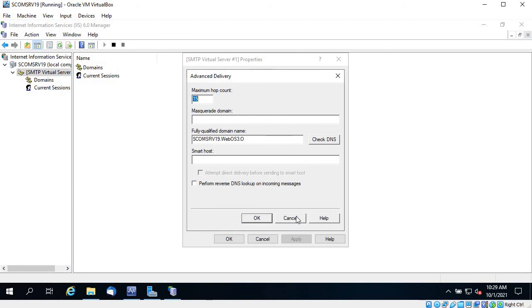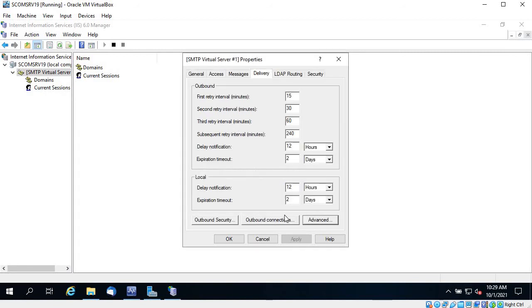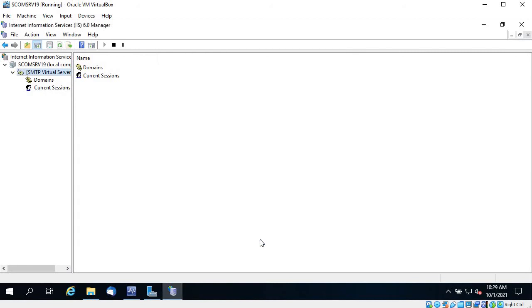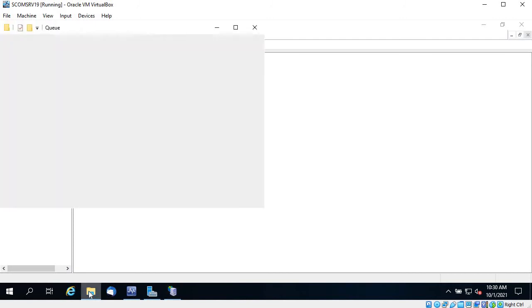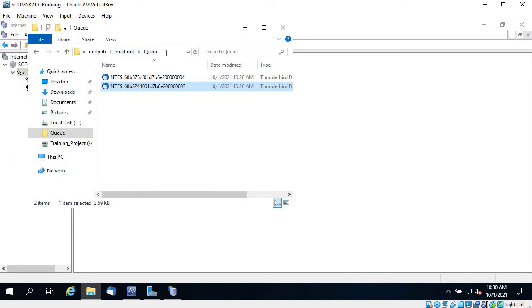And here under advanced you can provide the fully qualified domain name that is going to automatically pop up, if you are doing it on the same server. Click on cancel. You need to click OK, but in my case I have clicked on cancel because it is already configured. Once it is done, let's go to this path, inetpub mail route and queue, because this is